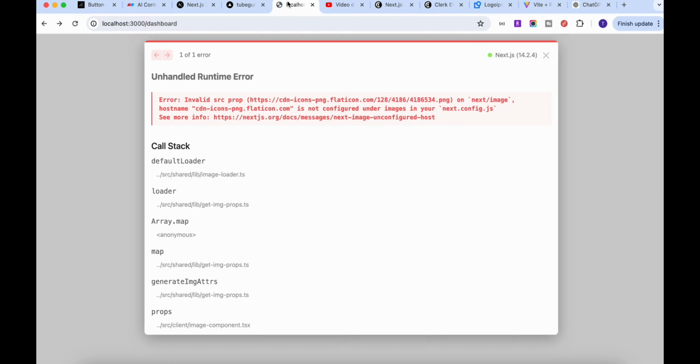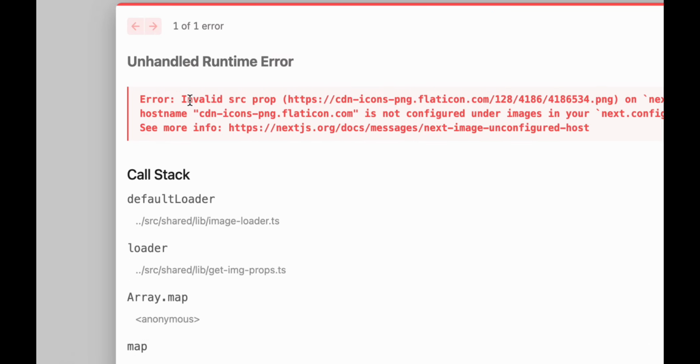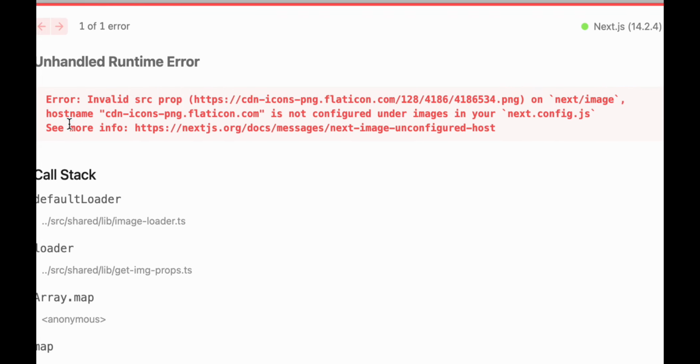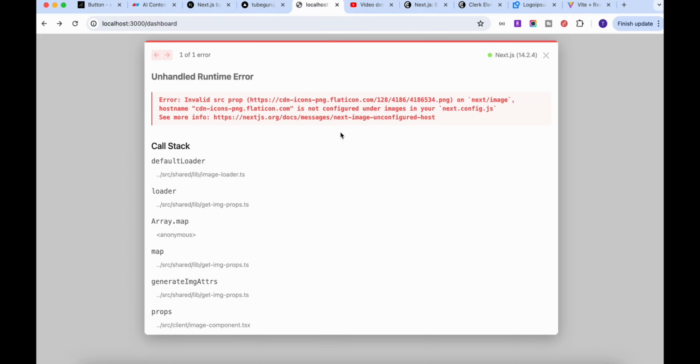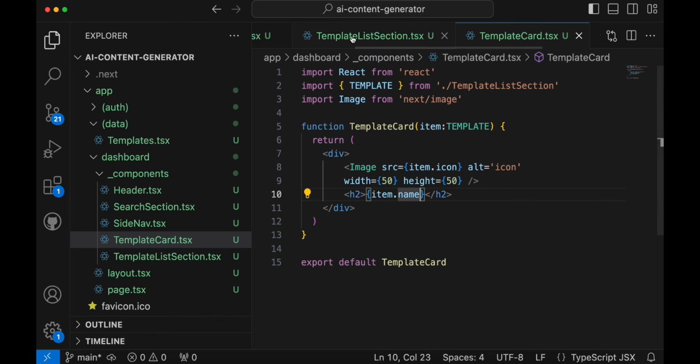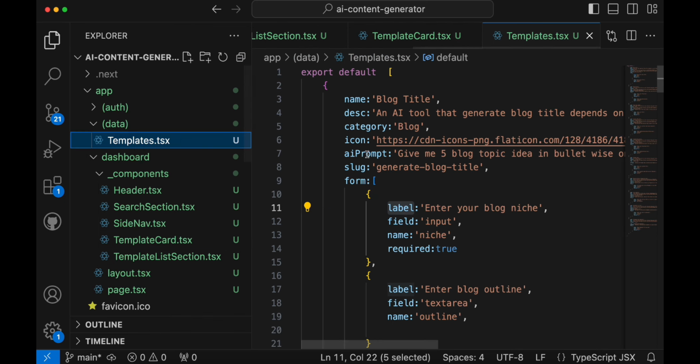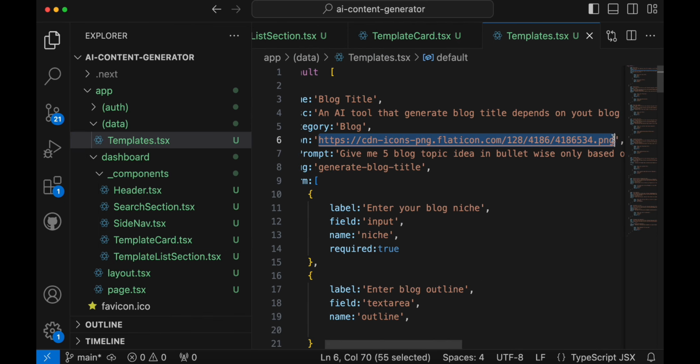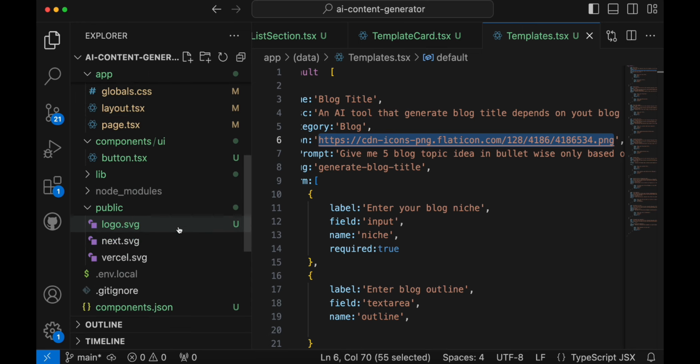Now if I go back to our application and try to run, see we got the error. Now this error is saying invalid source prop on next/image, the host name, which is this host name, is not configured under images in your next.config.js file, because we are using a URL which is not related to our application, right, which is an outside URL, and Next.js considers this a security issue. So first make sure you add this domain inside your